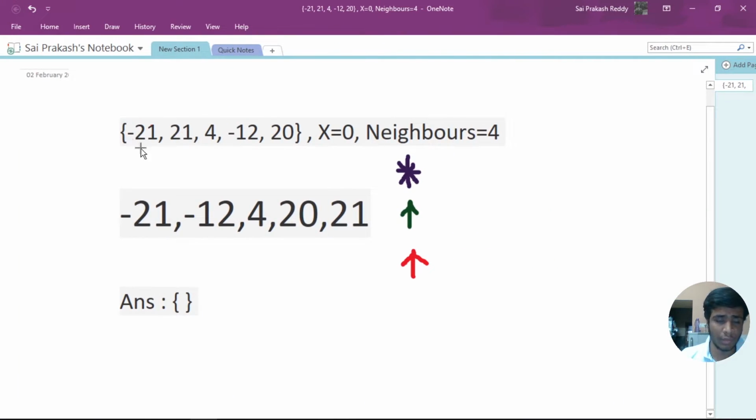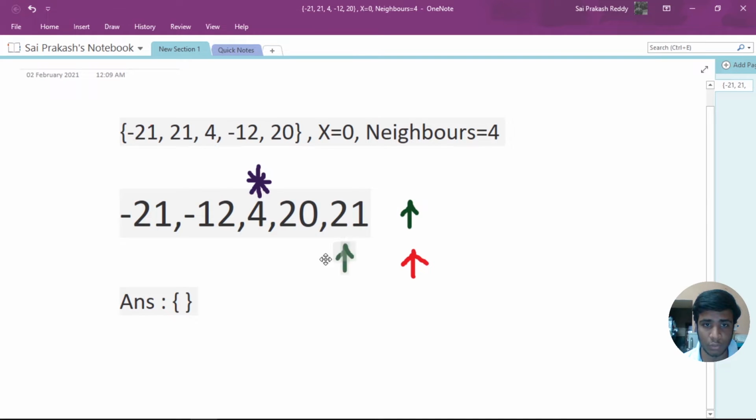So I have copied the array here. This is the array, and I have sorted the array. So the sorted array looks something like this. Since x is equal to 0, I will try and find the number that is closest to x, right? So the answer which I'm going to get is 4. This pointer is going to point to 4. The 4 is the closest number to x, right? I'm going to use absolute distance, that is x minus 4, which is going to be 4. It is the minimum number that I'm going to get. So this is going to be the closest number.